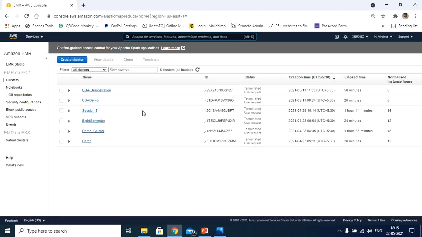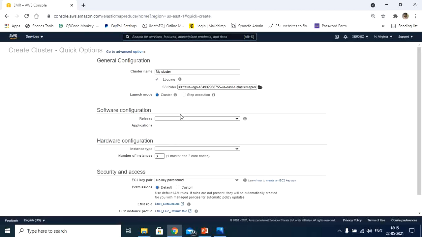Now let's say you want to deploy the Hadoop cluster; just hit Create cluster. The moment you hit Create cluster, you will be taken to the exact location where we can configure the Hadoop cluster. Here, first and foremost, give it a name.